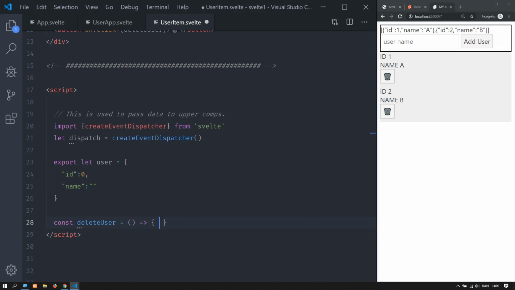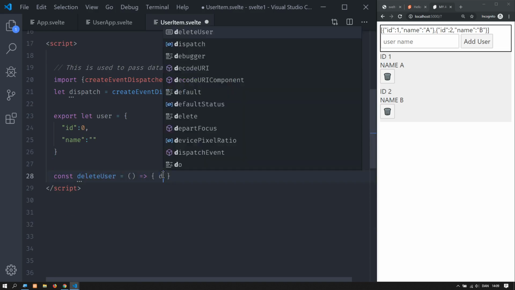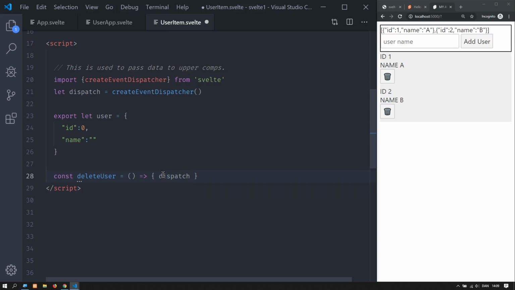Let me see how I did this before. Basically, when I call delete user, I need to call my dispatcher, and I want to dispatch an event. Call it whatever you want. I will call it delete user, same name as before, and that will be about it. Let me just test it. So when I pass this, delete user,